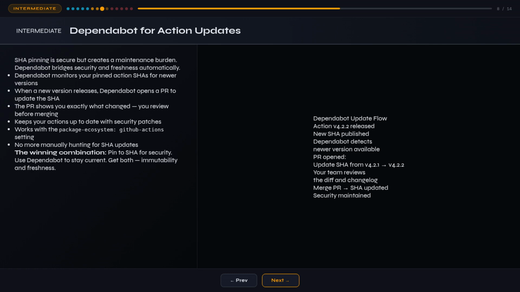Dependabot is GitHub's answer, an automated dependency update service that monitors your pinned action SHAs and opens pull requests when new versions are released. Each Dependabot PR shows the exact SHA changing, links to the release notes, and gives your team a deliberate review checkpoint before any update lands. The combination of SHA pinning and Dependabot achieves what neither can alone: immutable references that stay current through a transparent,